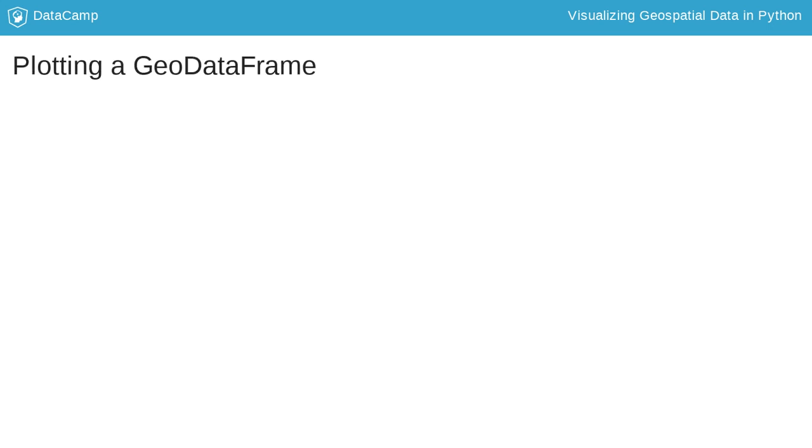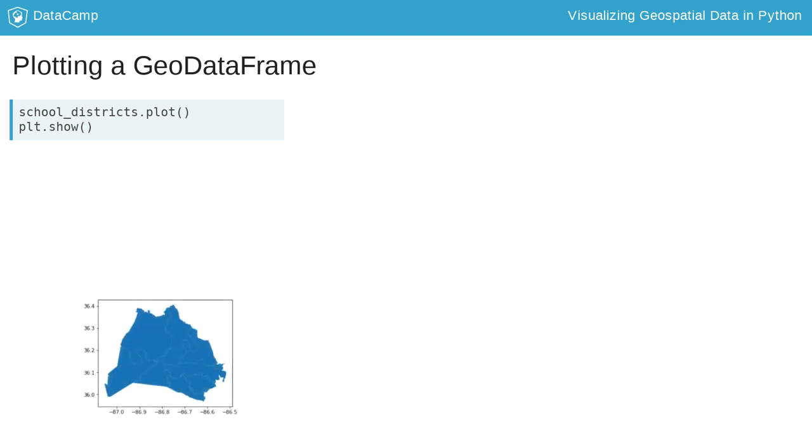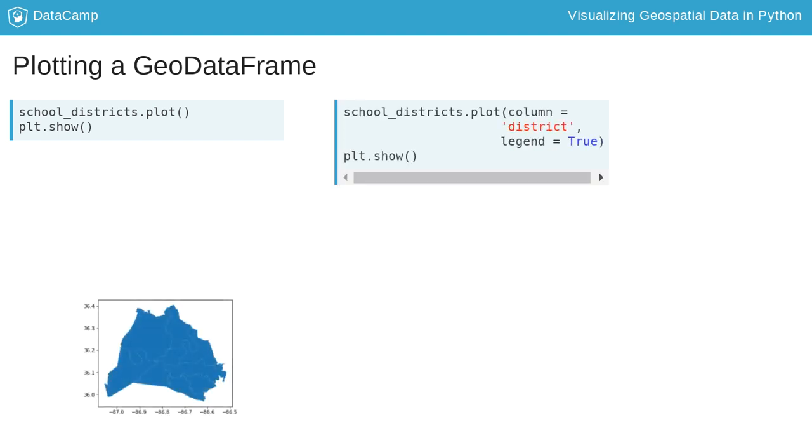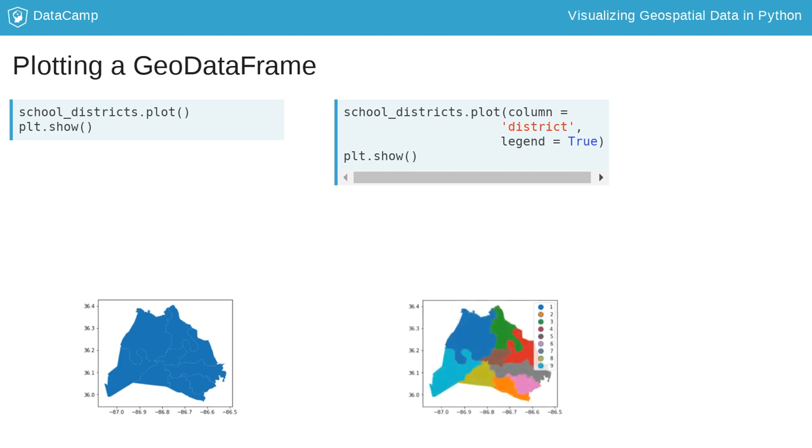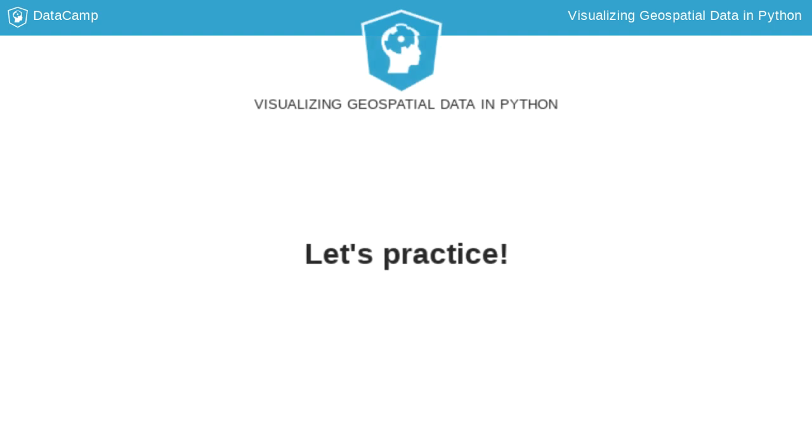Plotting a GeoDataFrame is as easy as calling geodataframe.plot. Here we have plotted a GeoDataFrame of school districts. We can make it more informative by coloring each region according to some column in the GeoDataFrame. Here we have used the district column. Setting the legend to true creates a legend to help interpret the colors. Now it's time for you to use GeoPandas in a shapefile to plot the Nashville Service